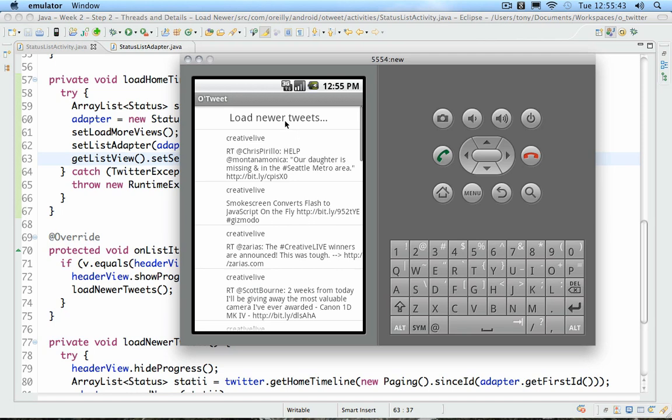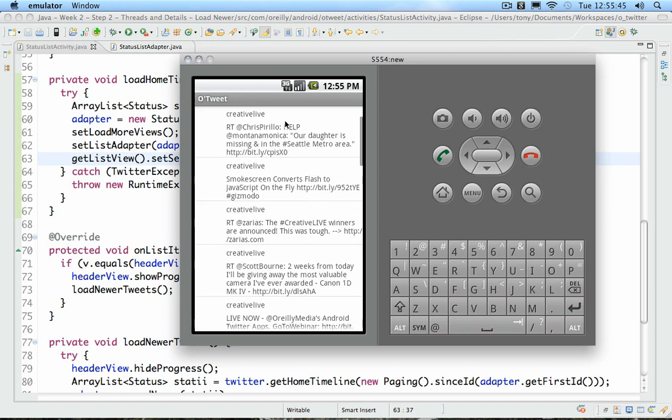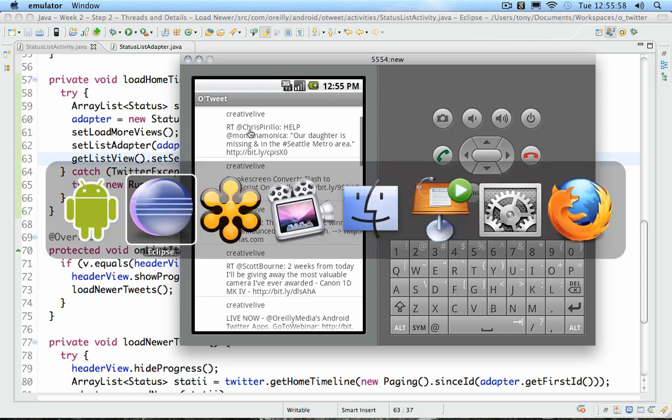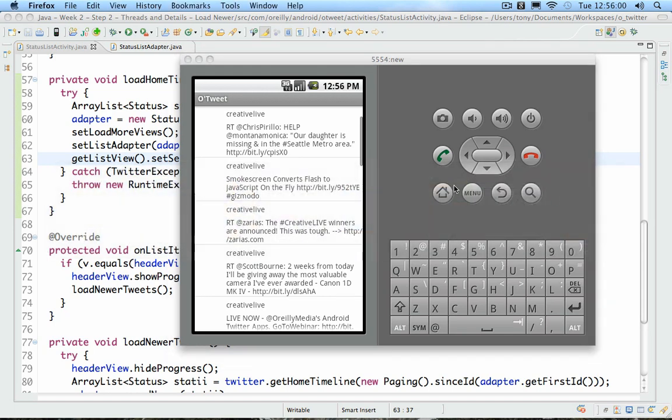Alright, so let's click this and see what happens. You can see that it just kind of jumps to the list at the last place we already had one loaded, so that means that nothing new is in the home view or the home Twitter timeline for this user. So I think I can go create one here. If I go to